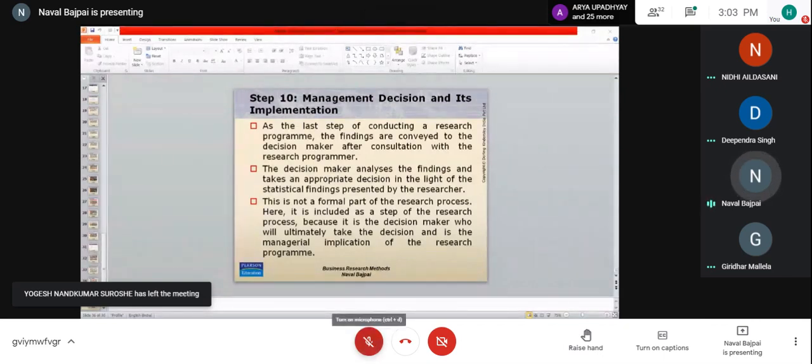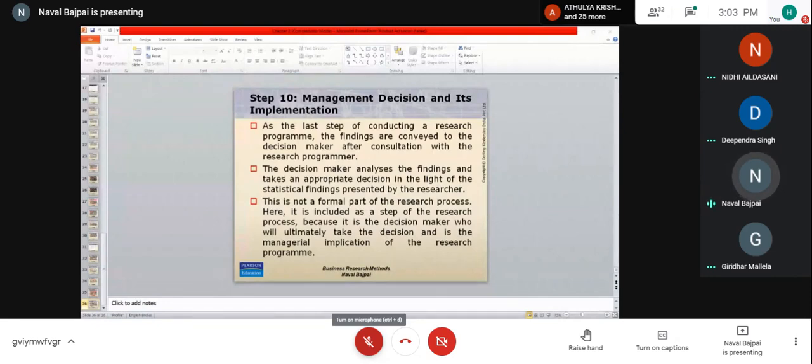In the next class I would take chapter number 3, and on Friday and Tuesday we would wind up chapter number 3, measurement and scaling, and after that I'll take one more chapter, questionnaire design. In such a manner, by next week, by the 15th, we would be able to wind up chapter number 4. Then after winding up chapter number 4, I would be arranging one class assignment for 25 marks. I'll give you proper information on how to conduct and how to submit the class assignment.